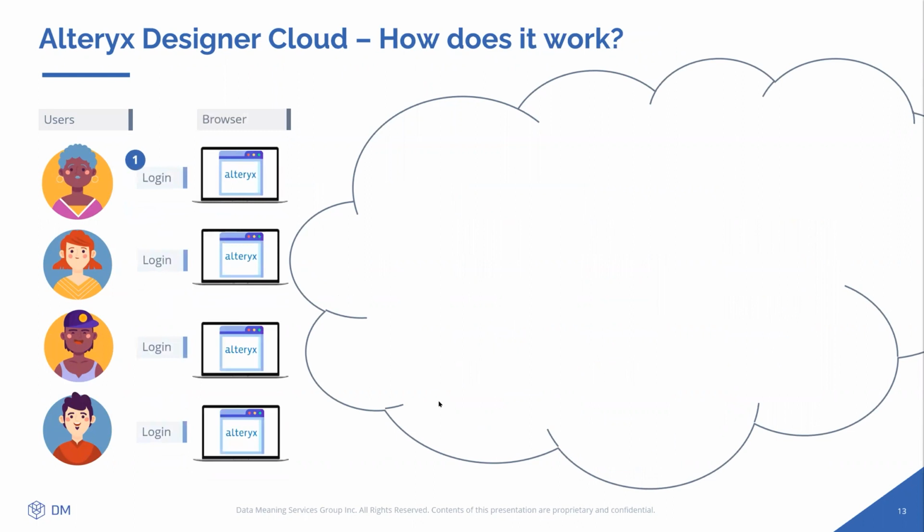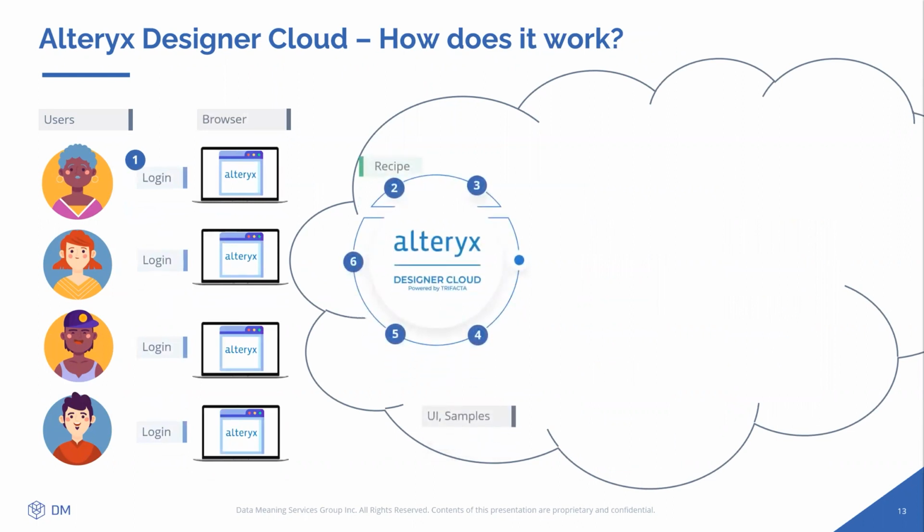Then, within the Alteryx Designer Cloud user interface, the primary object to create is going to be the recipe. The recipe is a sequence of transformation steps that you create to transform your source dataset. When you select a suggestion, you can choose options from the toolbar or select values from the data histogram. You begin building new steps in your recipe using the predictive transformation, which we're going to see more about